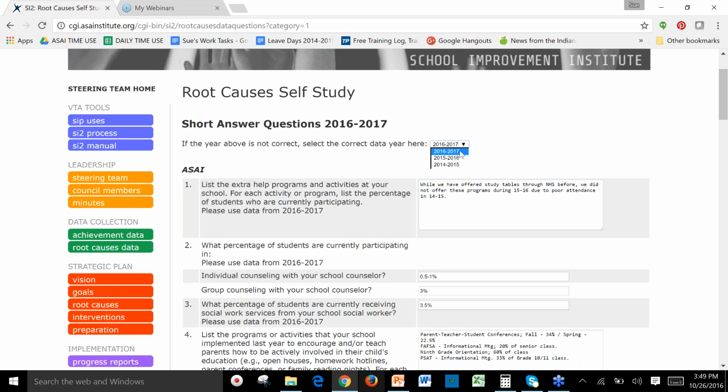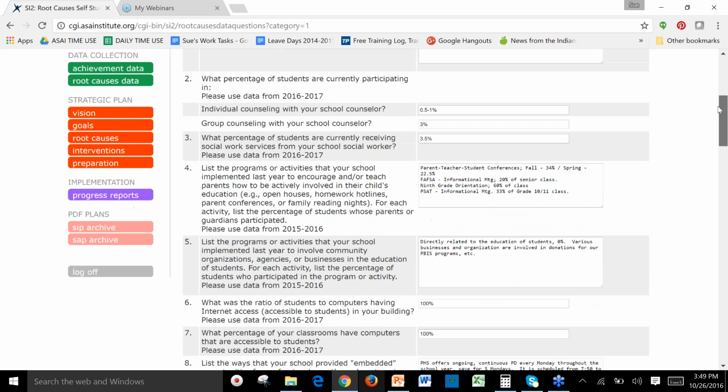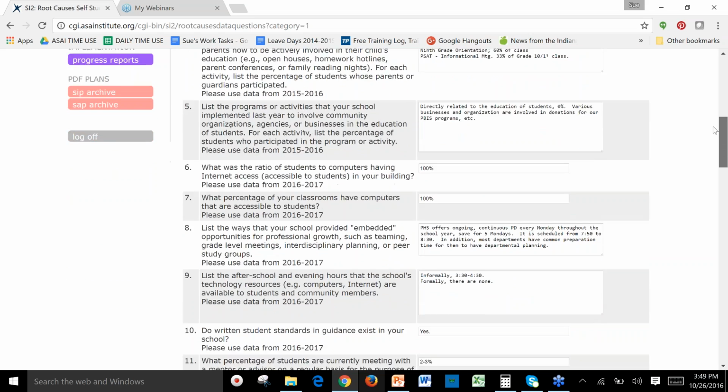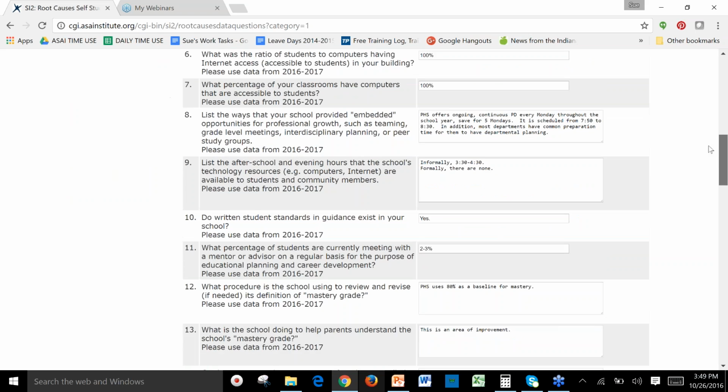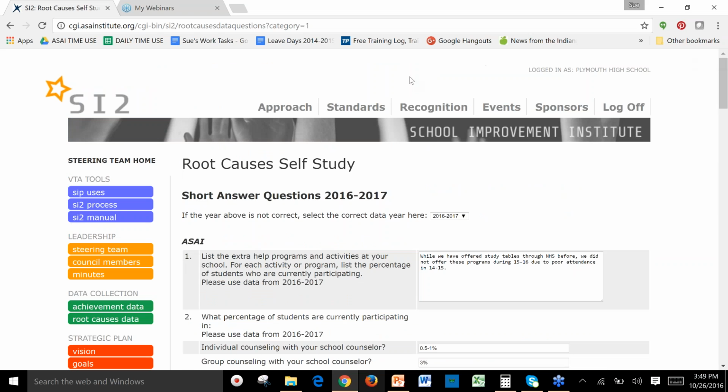It will not change it on 15-16. So you'll be able to look back historically to see what your root causes were last year and the year before that if you were a U2 school, an Update 2 school. So if nothing's changed, just leave it exactly the way it is. But if things have changed, then make the update. We hope this will save you a lot of time.